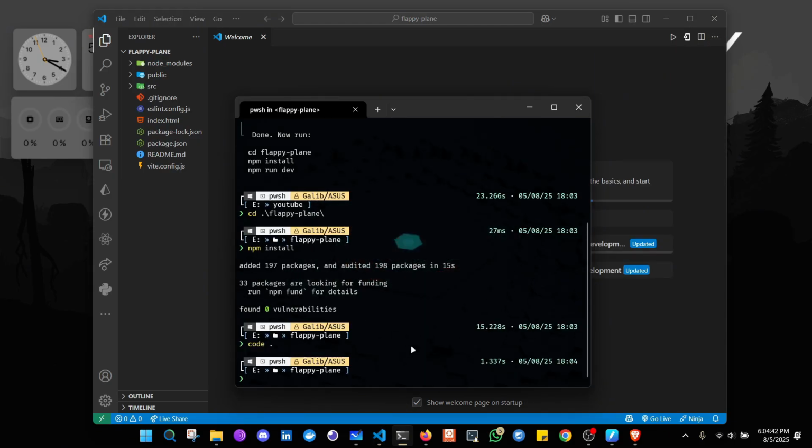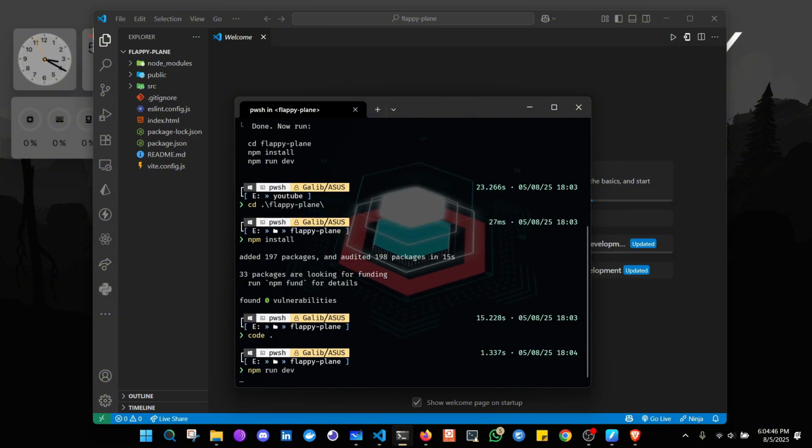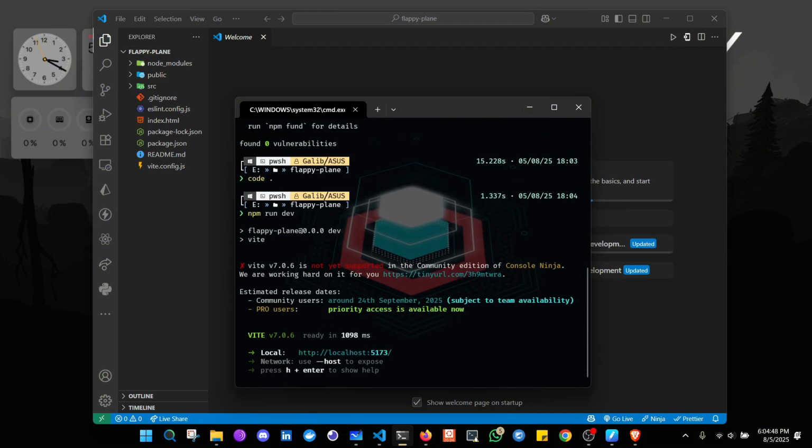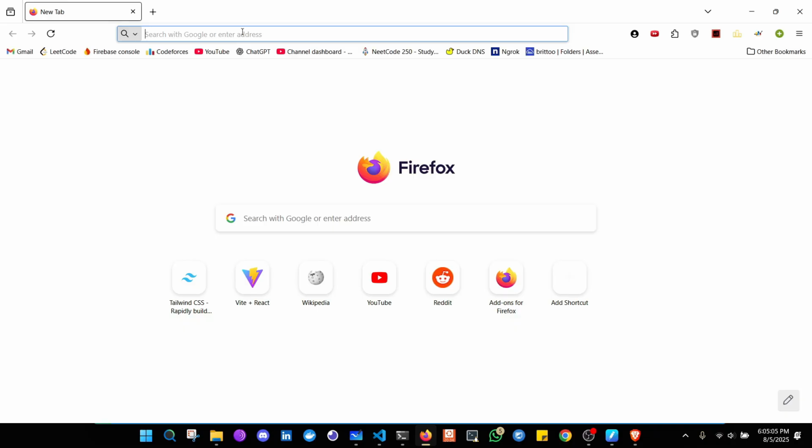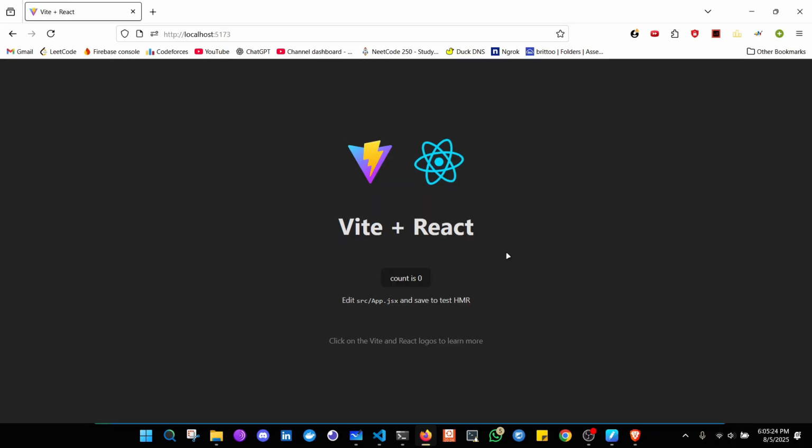Now you can run npm run dev to run the development server. So you can see the project is started on localhost 5173. Copy this, then go to your browser and paste that here. So you can see a demo React project is created